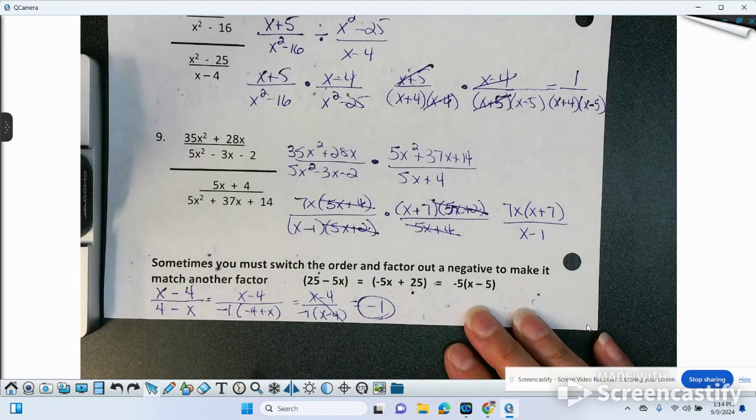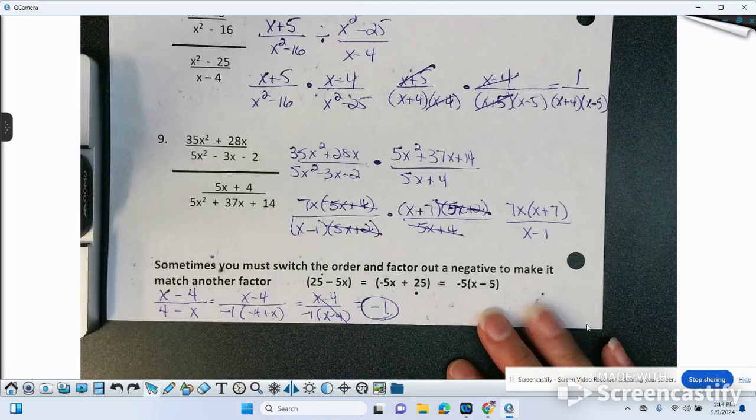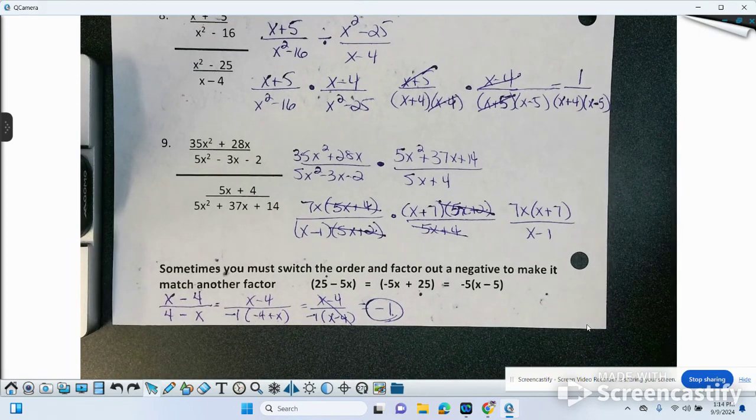So if you ever see something where it's a subtraction problem and they've just switched places, then you can cross them out and put a negative 1. All right, thanks. So I'm going to have you guys just work through the